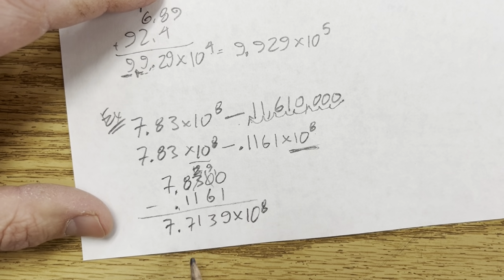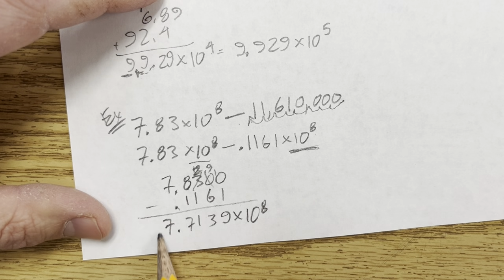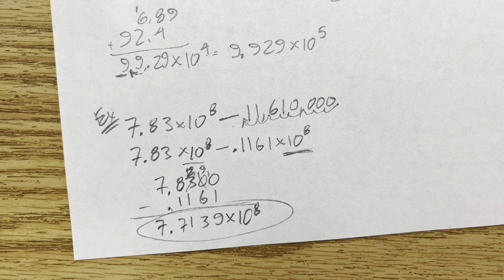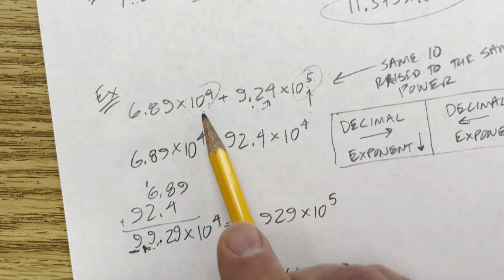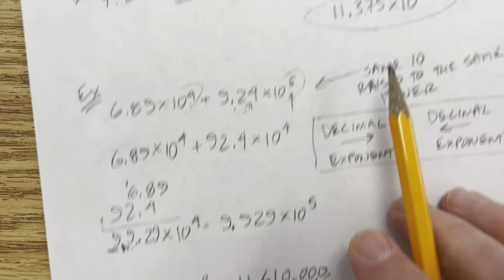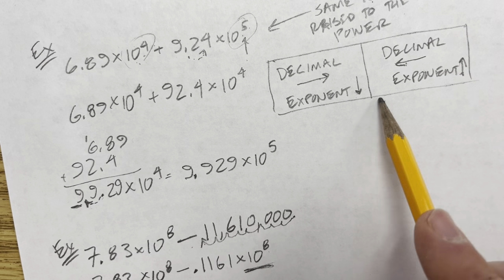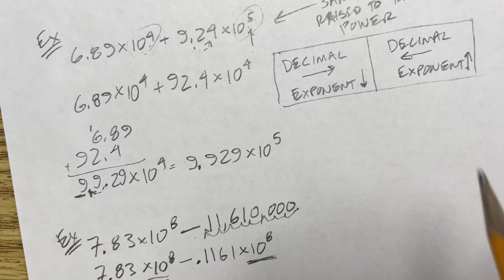And now I'm going to check, is this in scientific notation? I've got one number to the left of the decimal point, and I am all good with my scientific notation. Now, what I've done for these two is I needed to make sure that I had the same 10 raised to the same power. And I moved my decimal point and I changed my exponent accordingly to put that in the right spot. So let me give you guys one more to do on your own,